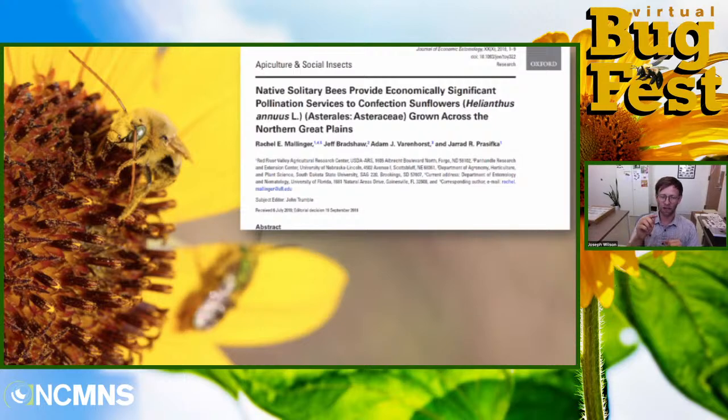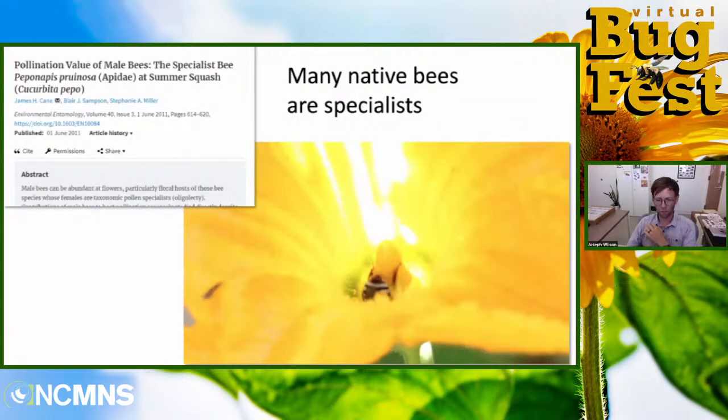And they've also shown that these longhorn bees will actually move between rows of sunflowers more effectively than honeybees. And so they are cross-pollinating those flowers, leading to a higher yield in these sunflower fields. Another wild bee that has been shown to be an excellent pollinator is called a squash bee.